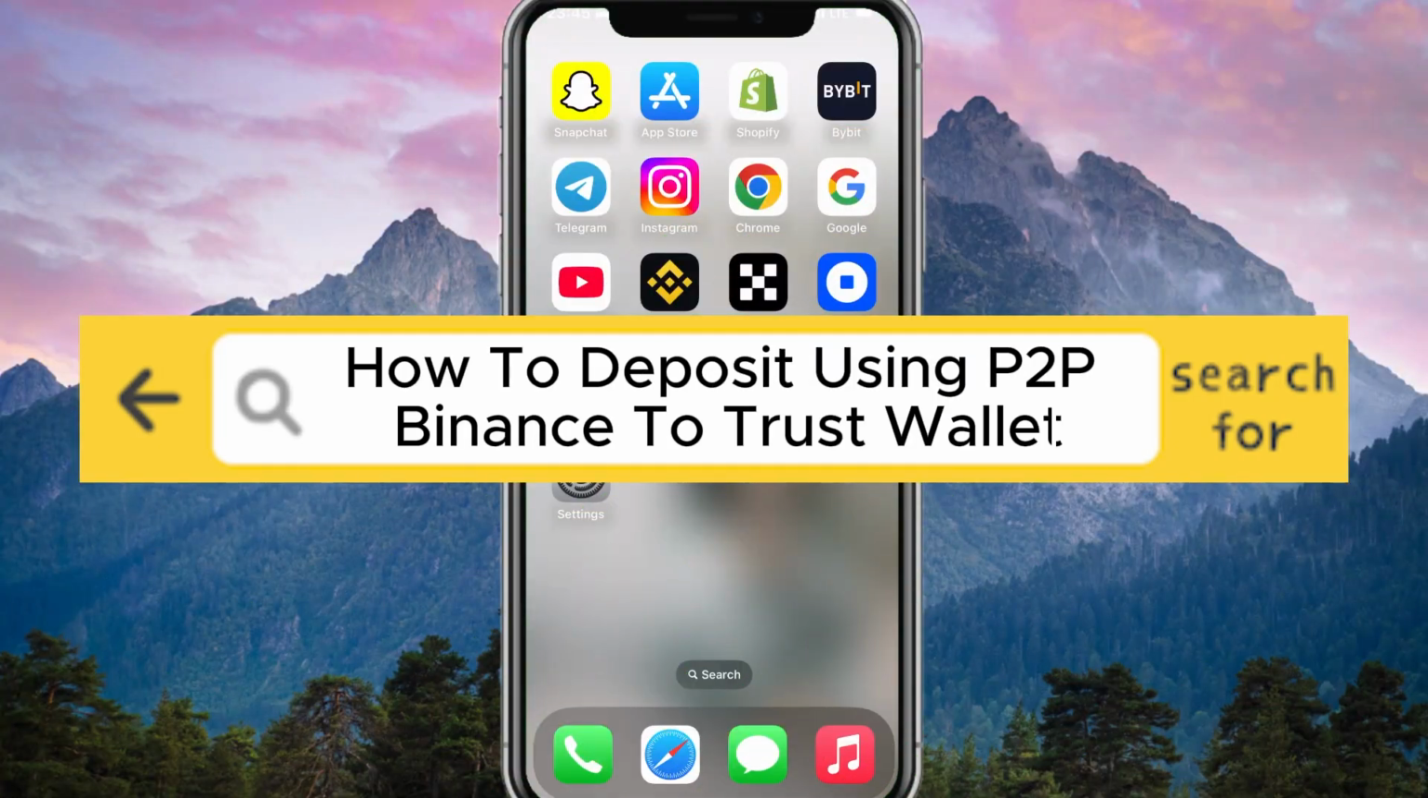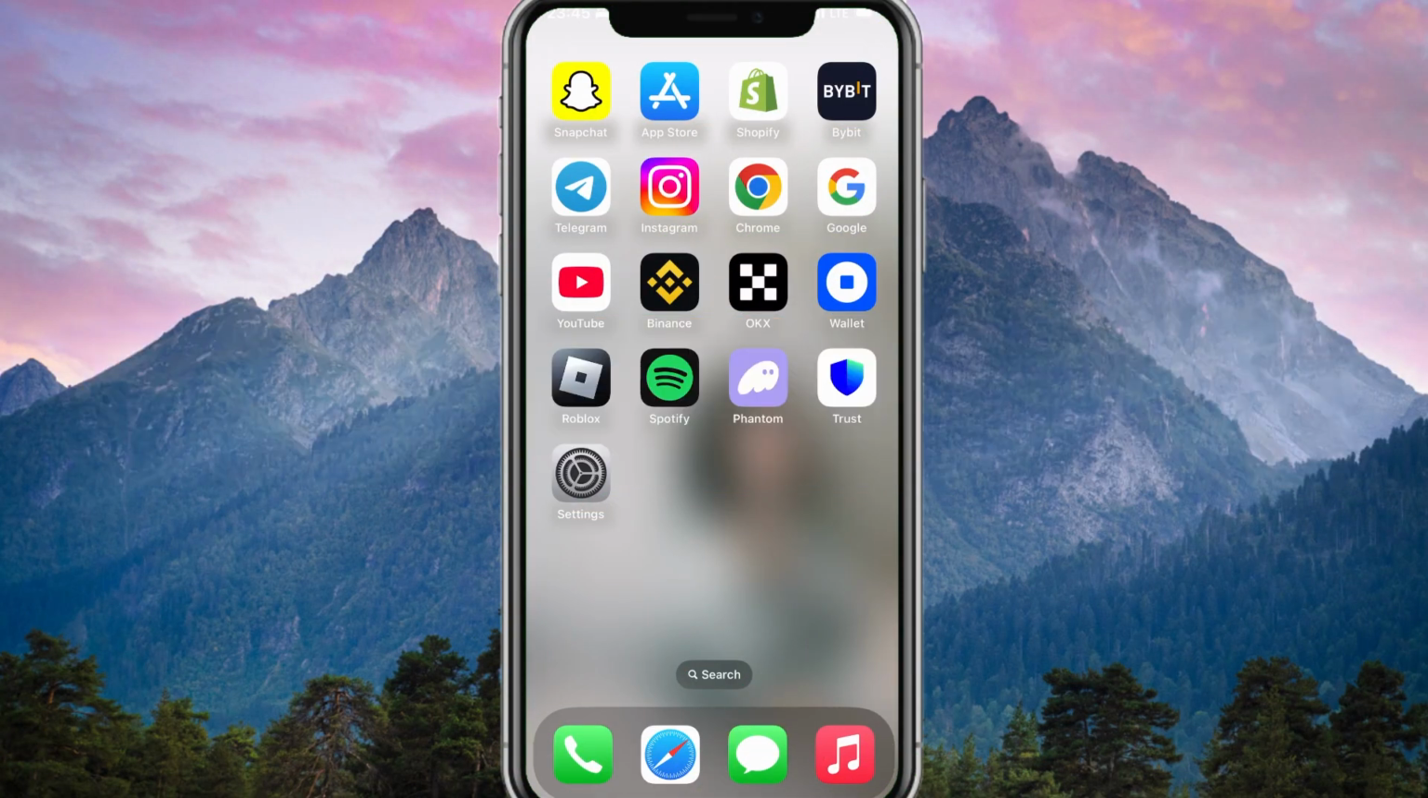Hello dear friends, today I will show you how to quickly and easily make a deposit using P2P on Binance